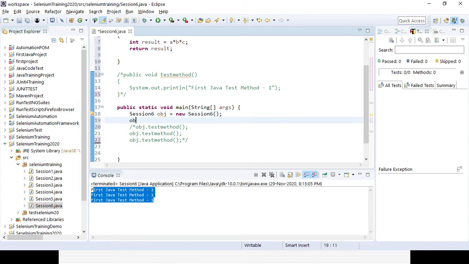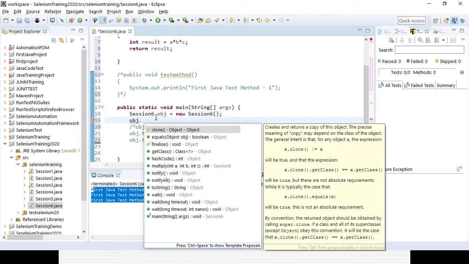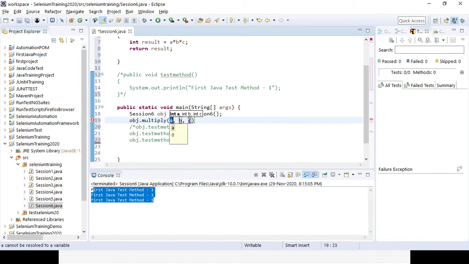Now if you press object dot, you can see the method multiply is coming. If you press multiply, you can see these three variables coming, so you can enter three variables. Suppose I am giving A as 2, B as 3 and C as 4, and then I am ending with a semicolon. Now if you run it, no error, but no output will be there.